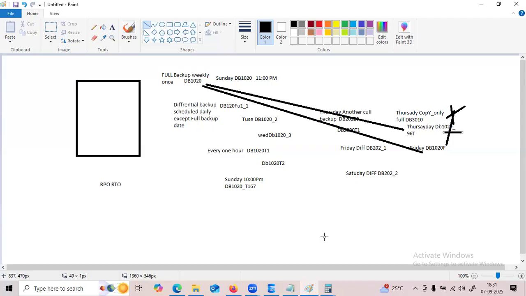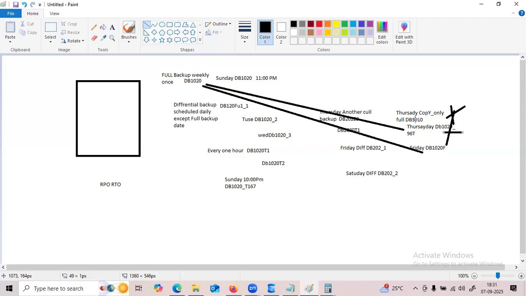One more thing: if the user takes a manual backup on Thursday, our regular backup is going to the D drive, but the copy only backup we take to the C drive or E drive or any location. Once the backup is delivered, if they delete the copy only backup, there is no issue.